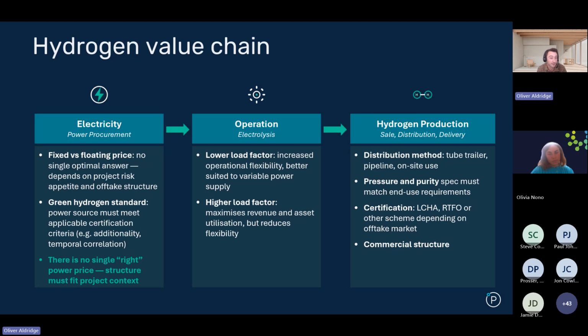So the main example of that being additionality versus green. So if you look to use hydrogen to claim something like the SAF mandate or the RTFC, so for e-fuels or transport end use, you need to demonstrate that it is new build green energy, i.e. electricity that would not have otherwise been used for traditional means on the grid were it not for the green hydrogen production. And how you procure that power,